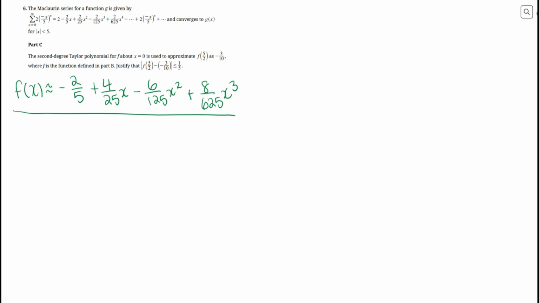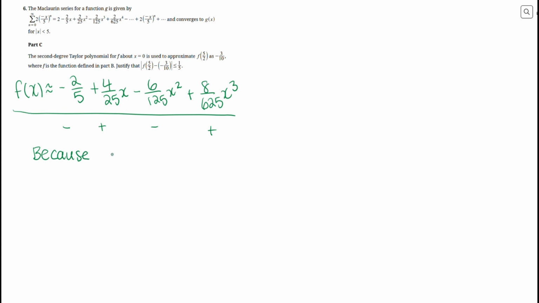Well, we can see that this is actually an alternating series, right? Because it alternates from negative, positive, negative, positive between terms. That means that we can use the alternating series error bound. And how you're going to have to write this on the AP exam is